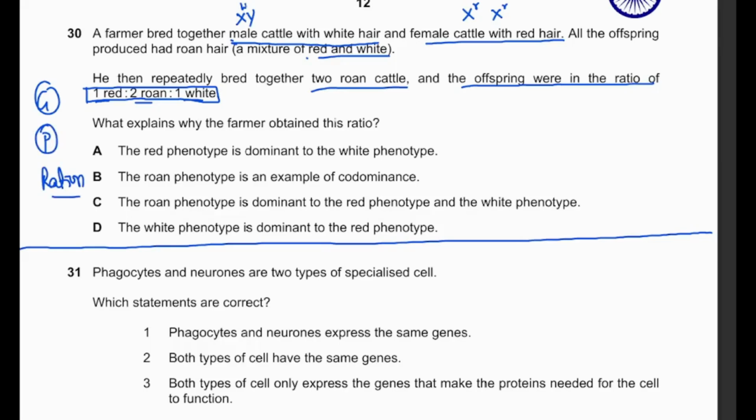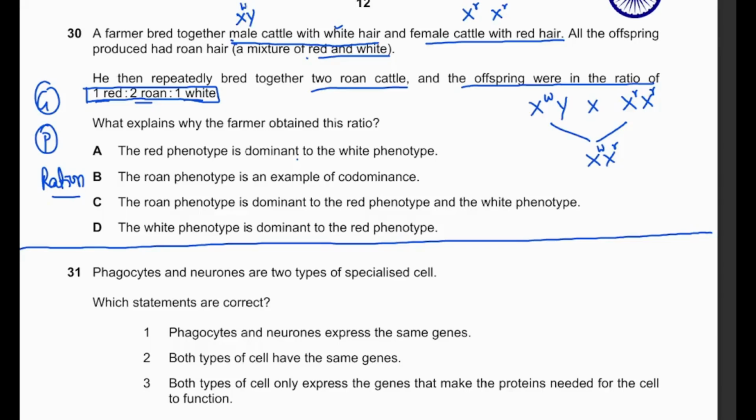Now the question is about cattle, and here a white male is bred with a female which is red, and the offspring we got is a roan. The ratio is in this format, 1, 2 and 1. Is the red phenotype dominant? But here one parent is white and the offspring is roan. So we do not say that red or white is the dominant one,